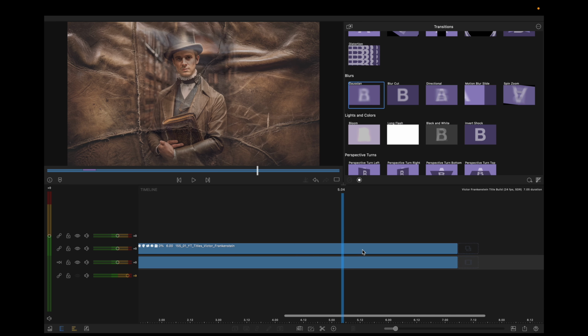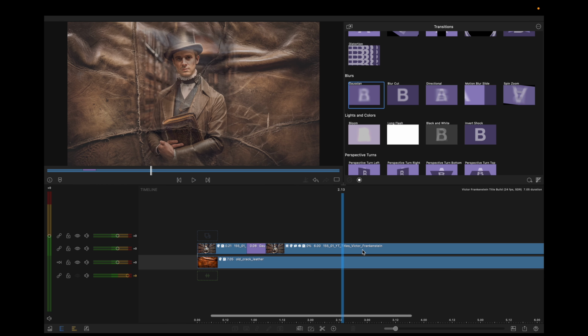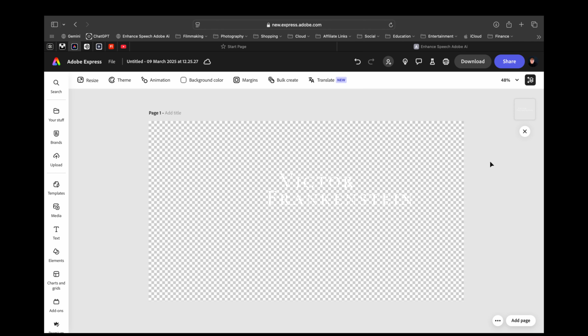Let's get rid of that one frame. So there we go, snap, we're in. Again, as I said before, we'll add an adjustment layer later on, but I've got a few more elements to bring in, namely the typeface, and also my own twist on this, which is a sort of vintage film look, which we'll use as well. When it comes to creating titles, I tend to use Adobe Express rather than going into